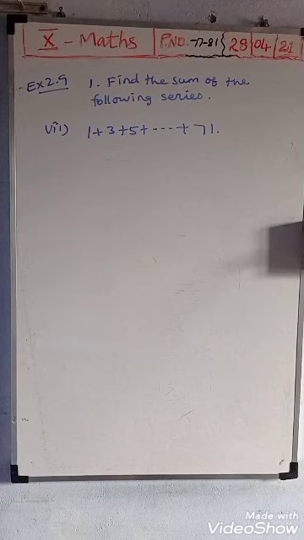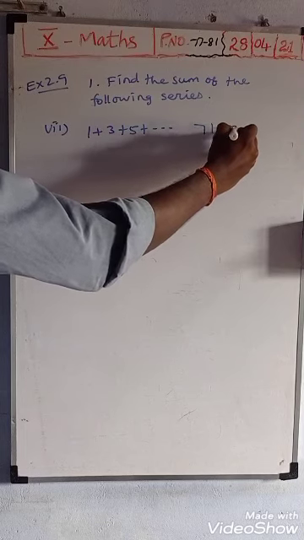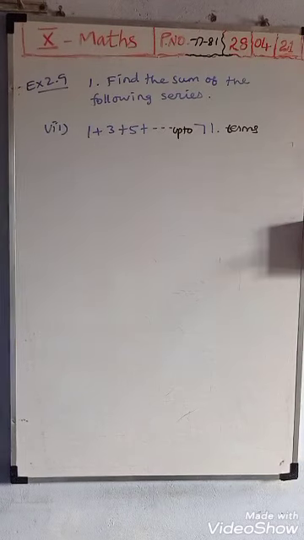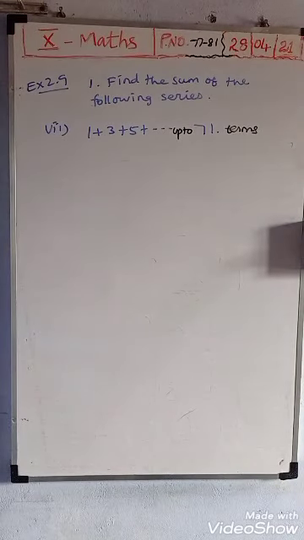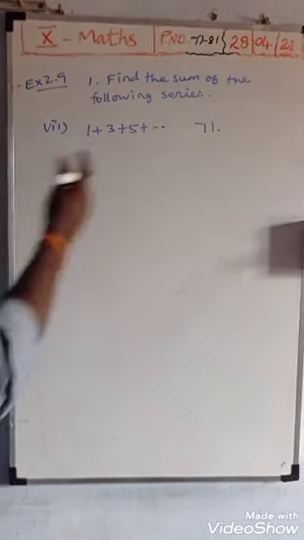Seventh point: 1 plus 3 plus 5 plus up to etc. plus 71. We know one more formula is there. The sum of the first n odd natural numbers is n square. For example, here plus is not given up to 71 terms, sorry, up to 71. What answer is asked, means by the question, n square, so 71 square. We will directly receive the answer. Okay, n squared is the formula. But here it is given up to plus 71.